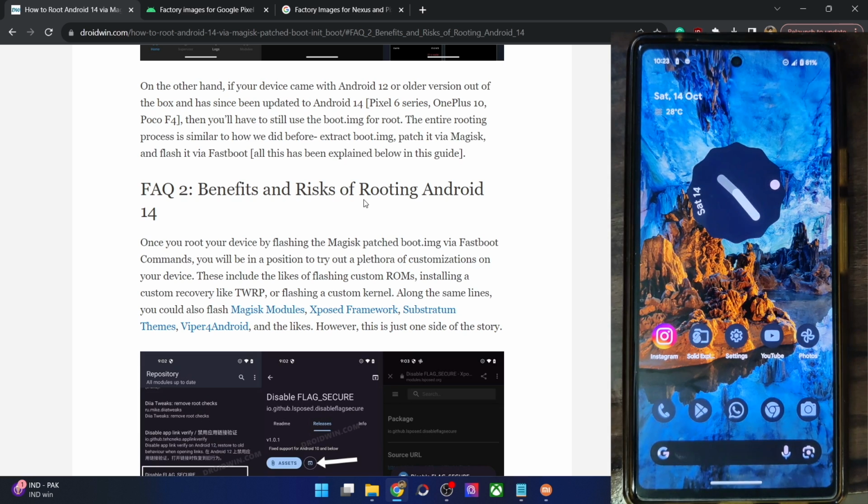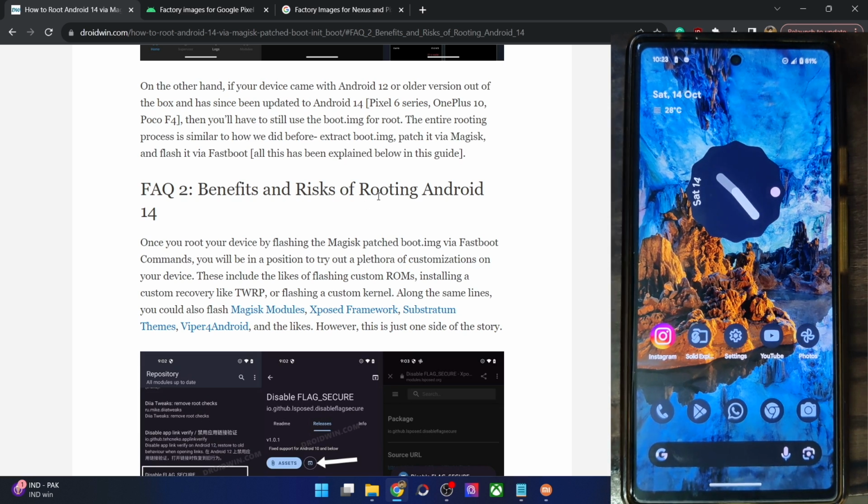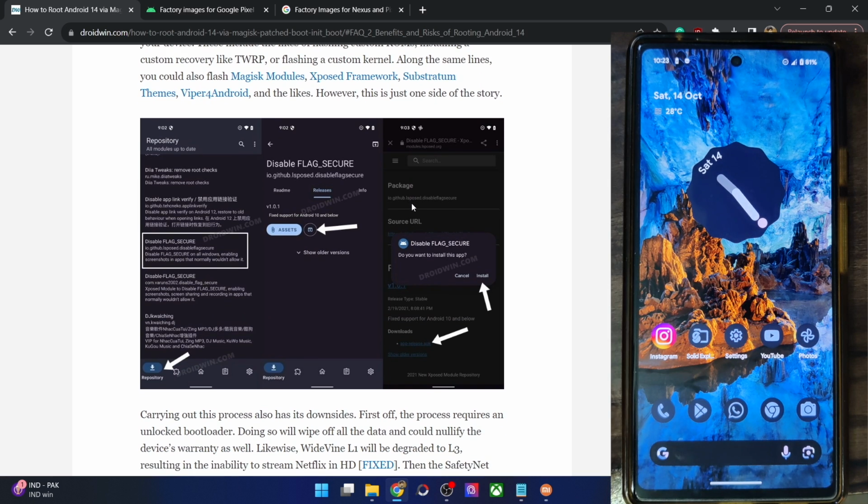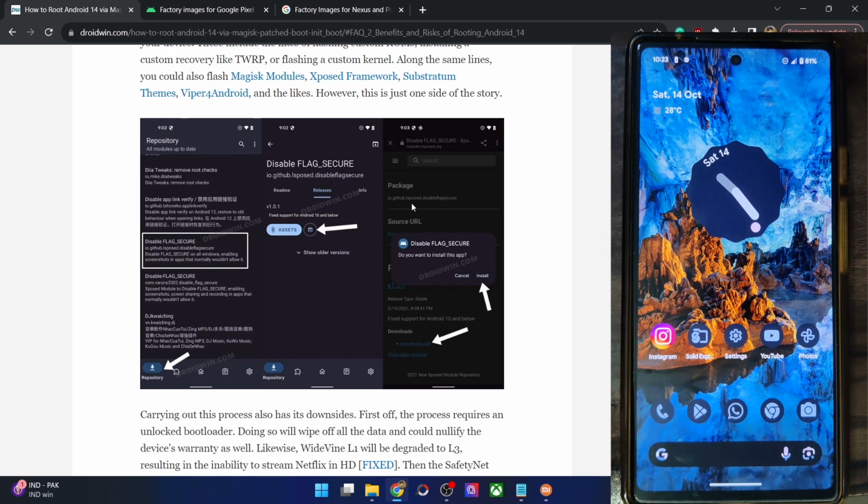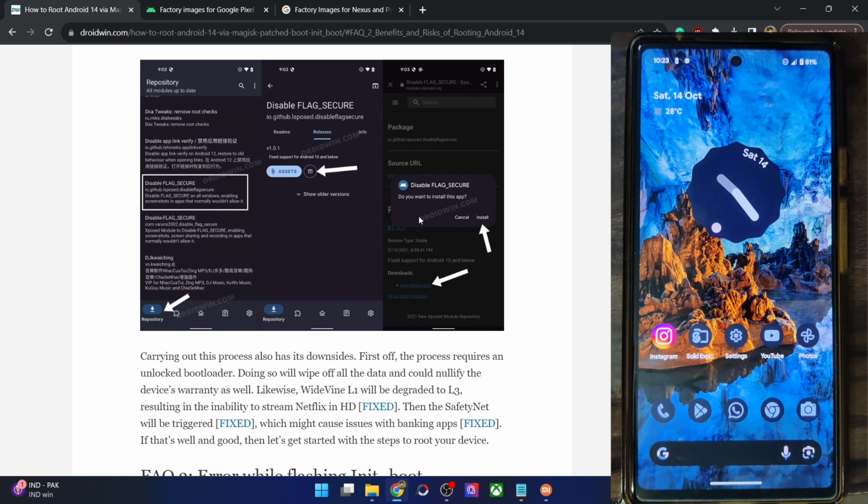So in a nutshell, once you root the phone, you will not be able to use banking and payments apps, though you could easily fix that issue by passing the SafetyNet test. Apart from that, apps like Netflix and all others which show DRM content, the Widevine certification will be downgraded to L3, so you might not be able to watch content in full HD. Again, you could easily fix that issue. Apart from that, there are also quite a few issues, but all these issues you could easily fix using my guide and the video.